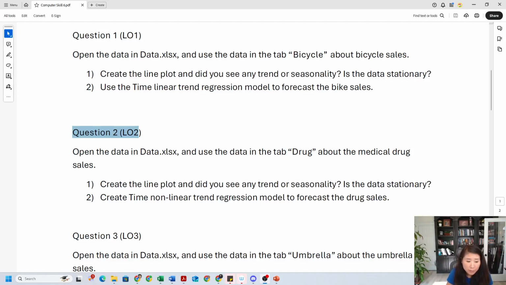So in this video, we're going to look at question number 2. The data is related to medical drug sales. And as with all other time series data, the first task we will do is create a line plot to see if we see any seasonality or any trend, because we know if the data is not stationary, that means